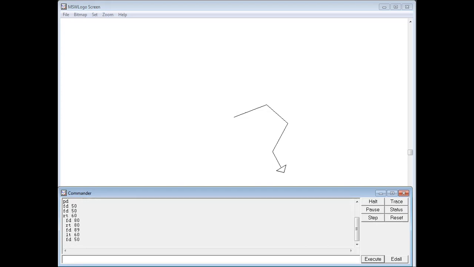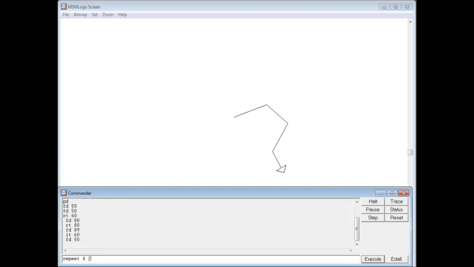Suppose I am writing repeat, R-E-P-E-A-T, repeat. Then I am writing 4 times. Then after that I am pressing the square bracket. Dear students, the bracket is present on your keyboard after P.